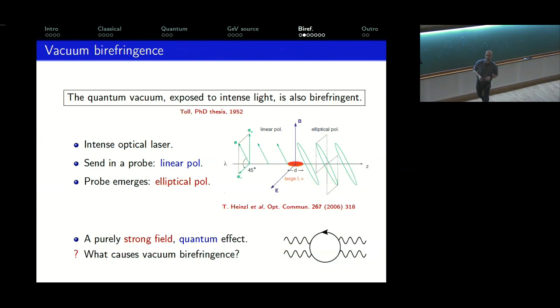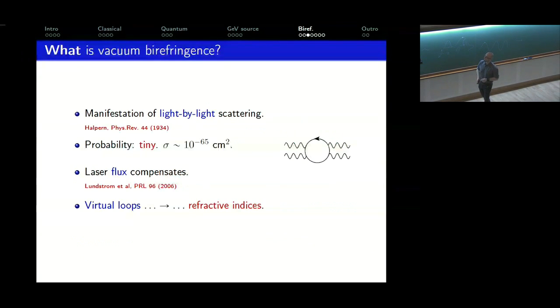What causes it? What causes it is this Feynman diagram. Okay? Light by light scattering. This just reminds us that in QED, it's possible for photons to scatter off each other if you fire them towards each other. It's not very often that you get photon-photon scattering, so the cross-section, even by particle physics standards, is tiny. And then you think, aha, if I was going to try and measure light by light scattering, then I would use a laser. Because even if the probability of the event is very small, you have huge numbers of photons in your beam, which increases the chances of seeing something.